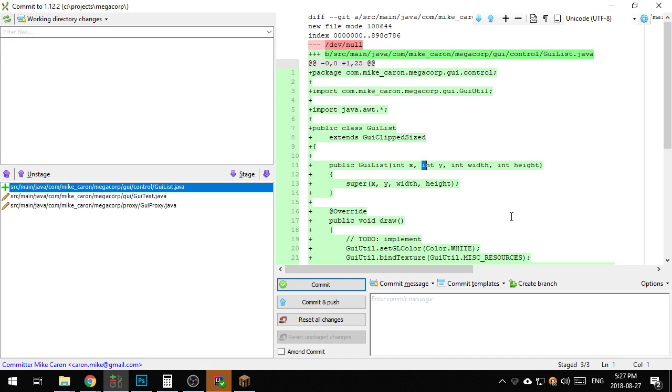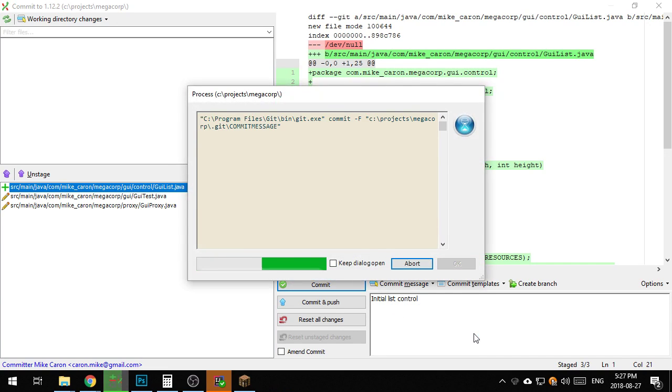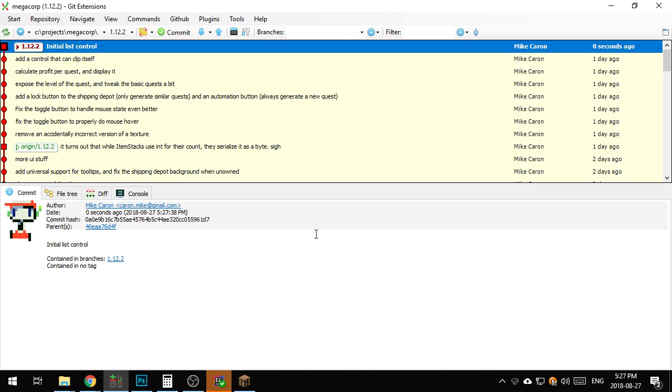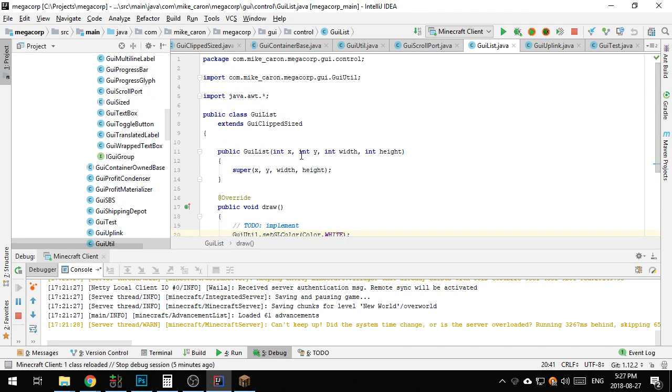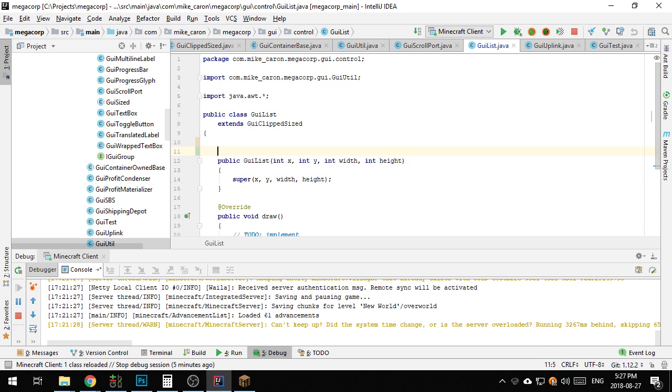Anyway, sorry. So, committing this. Oh yeah, so adding the list. So initial list goal. Nothing super important here. Yeah. So let's move on. So now I have the list itself. Now, what we're going to do. There's a couple approaches here I can take to actually putting the list in, and I could say, for example, we could have a list here of string,